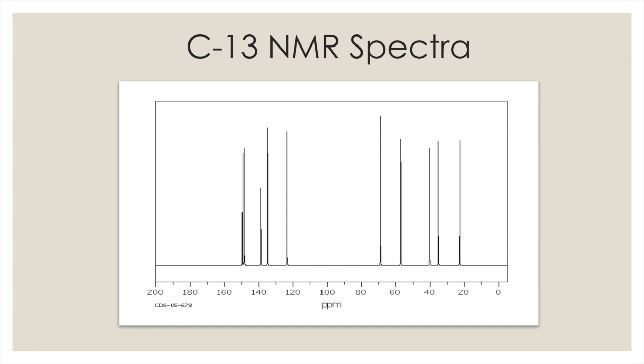Now looking at the carbon-13 NMR, we see 10 different peaks here. These 2 are really close, but there's 2, which tells us that all 10 of nicotine's carbons are chemically distinguishable from one another. That is that they're all in different chemical environments. The 5 peaks that appear further downfield, which are these ones over here on the left-hand side,